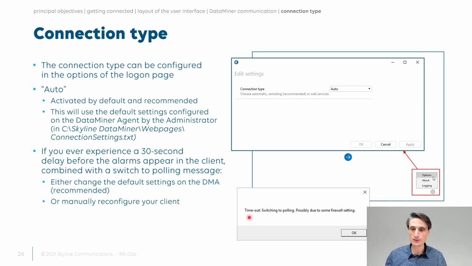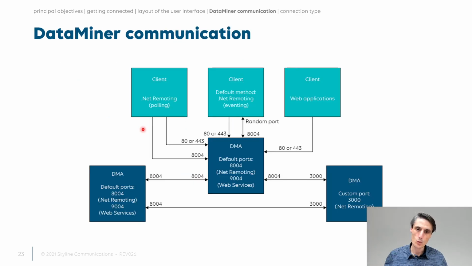So if you ever get that 30 seconds, and here you have a screenshot of that pop-up, "Timeout, switching to polling, possibly due to some firewall settings," that's not expected behavior. You should change that system to have it immediately on polling. Let me take one step back. Also, communication